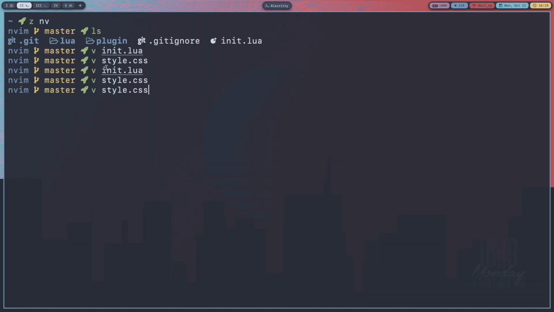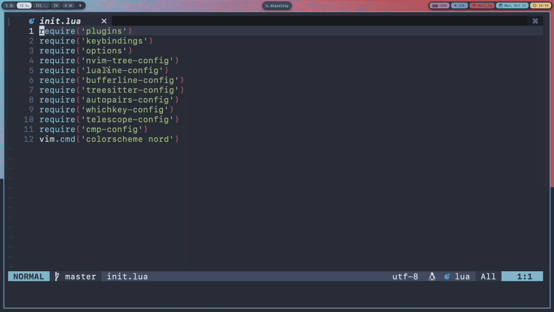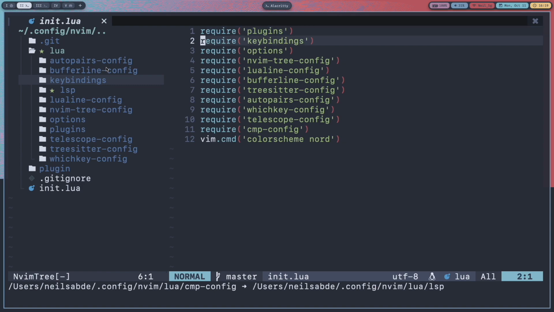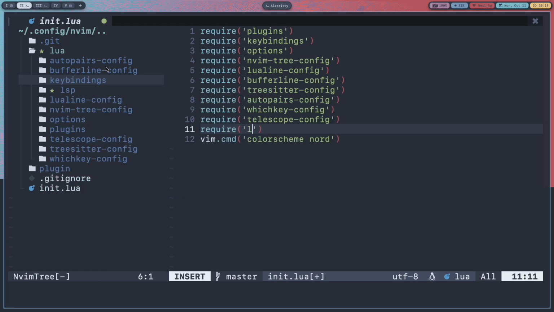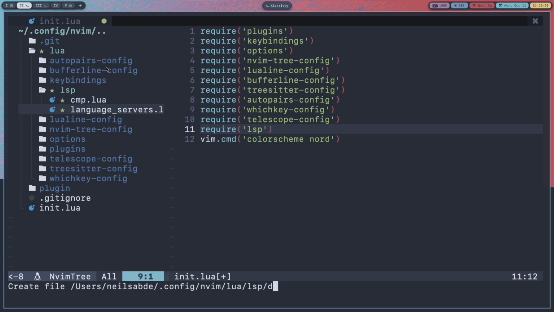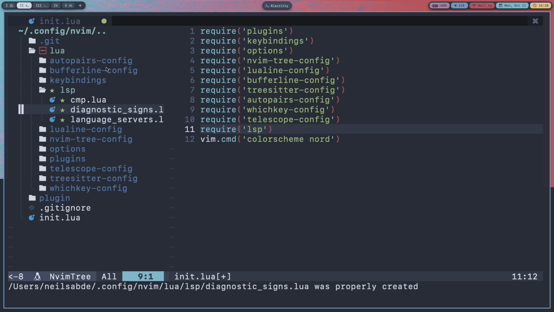Okay, now after that, let's make our cmp-config a little bit modular. So I am going to rename this cmp-config to lsp, and we also need to change this require section to lsp, and then change this init.lua to cmp.lua, and then add another file called language servers.lua, and one more, diagnostic_signs.lua.